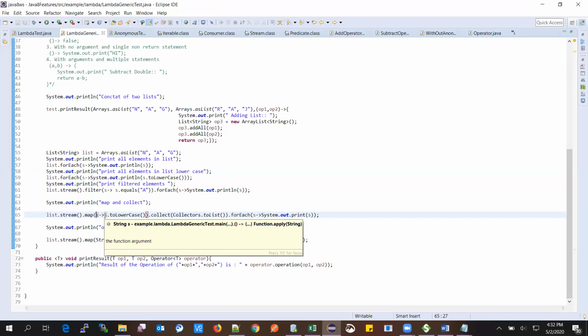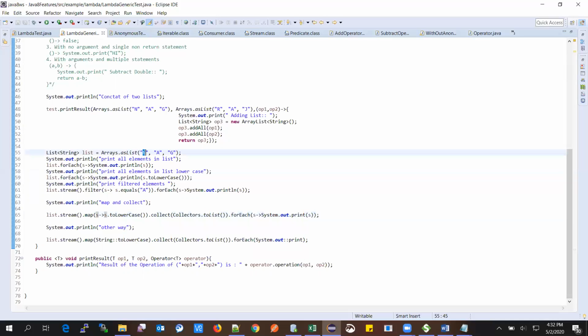So for example, here my NAG is the elements in my stream, in capital letters. What I'm trying to do is convert them to lowercase. So now my new stream is small n, small a, small g.